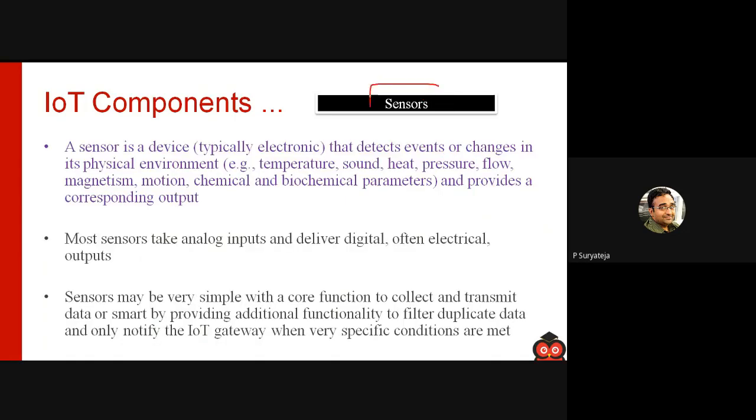And then we are going to talk about sensors. This highlighted first point is the definition of a sensor. A sensor is basically a device which detects events or changes. So this is sort of like input. It detects these changes in the physical environment.